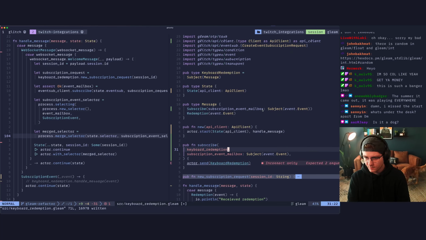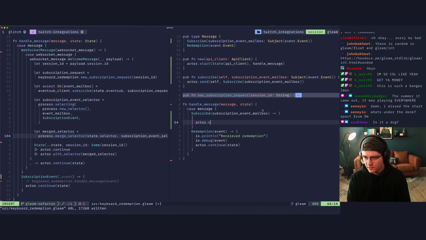This will be mailbox. Paste that in there, new scope. And we're going to say actor.continue. We'll pipe the state into actor.continue. And then we'll say actor.with_selector.